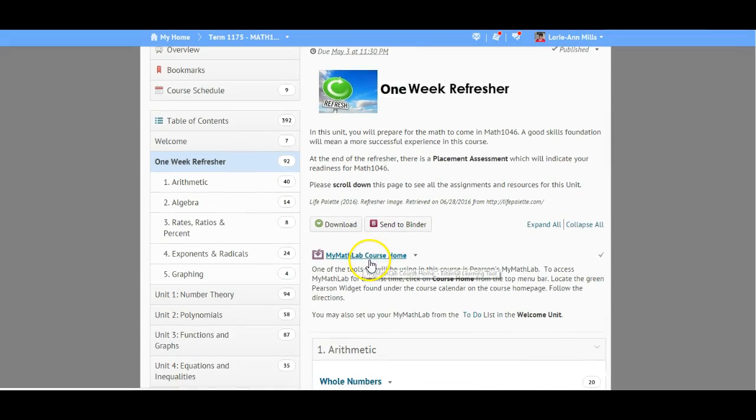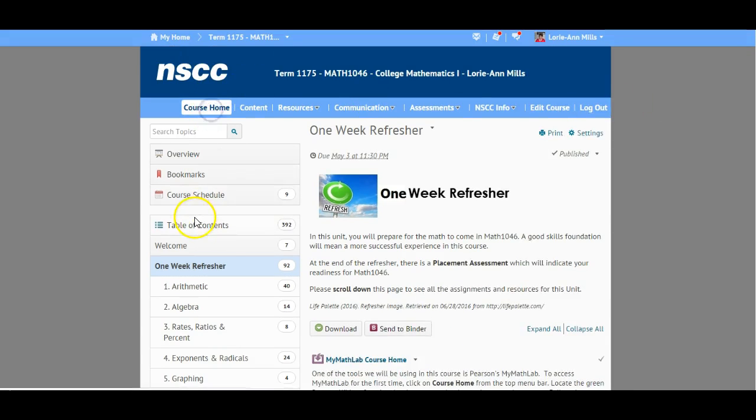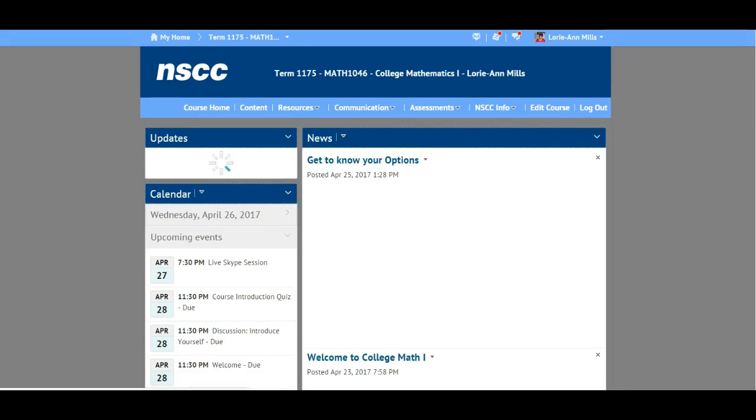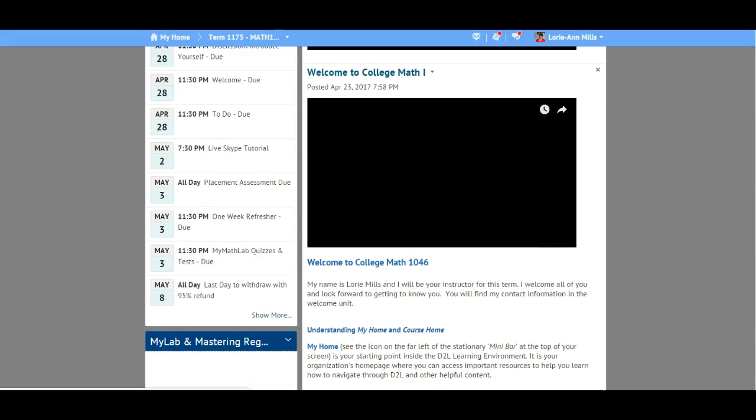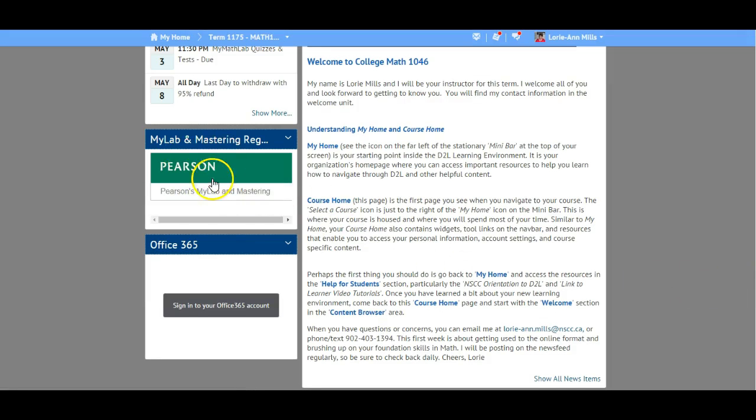I tried this link before and it didn't quite work, so I'm going to direct you to go back to the course homepage, because I know that this link here works. There we go. So here's the green widget underneath the calendar where you've already gone in to register as a new register for MyMathLab. So if you click on that,